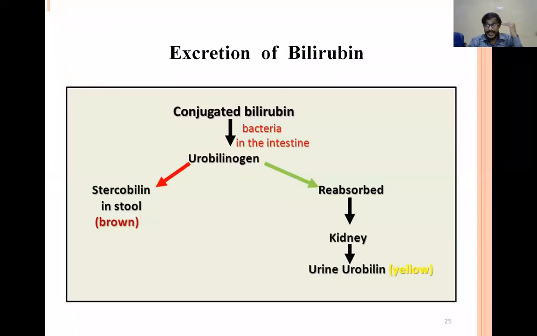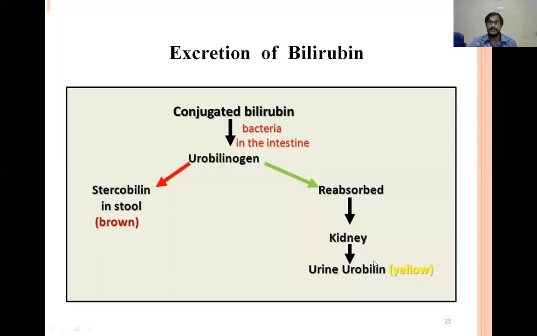And after conjugation, excretion, secretion of the bilirubin. First, bilirubin is secreted into the intestine through the biliary system. Here, it does not yet mean excretion of the bilirubin. First, it is secreted. The bilirubin, which is conjugated in the liver, is secreted to the intestines through the biliary tract. Then the bacteria present in the intestine will act on the conjugated bilirubin. Then urobilinogen is formed, and this urobilinogen is finally converted to stercobilin and urobilin